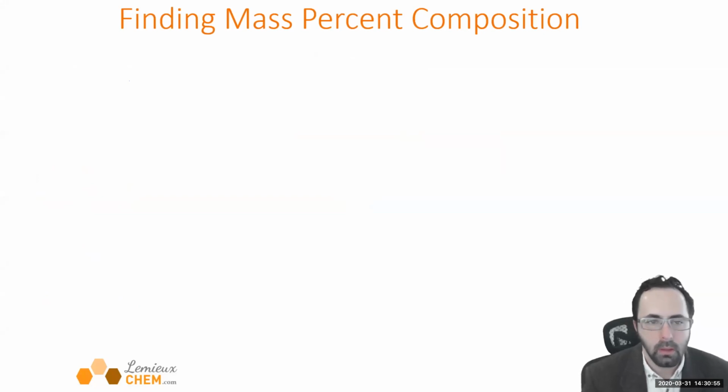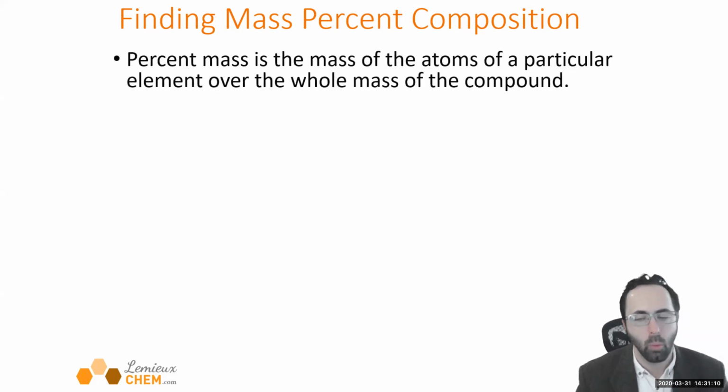So another thing that we can do, given certain information, is find what percentage of a substance by mass is a particular type of atom. What percentage of the stuff is one element, like oxygen, and what percentage by mass of the stuff is another element. So percent mass is the mass of the atoms of a particular element over the mass of the whole